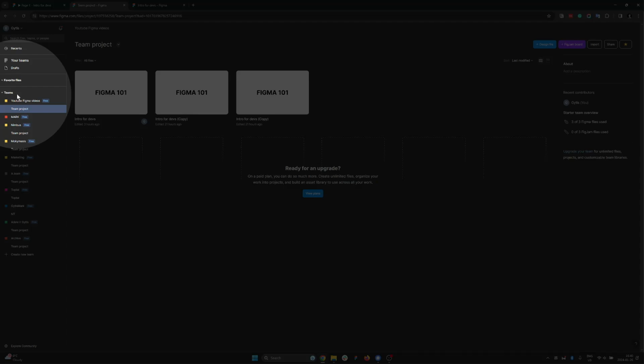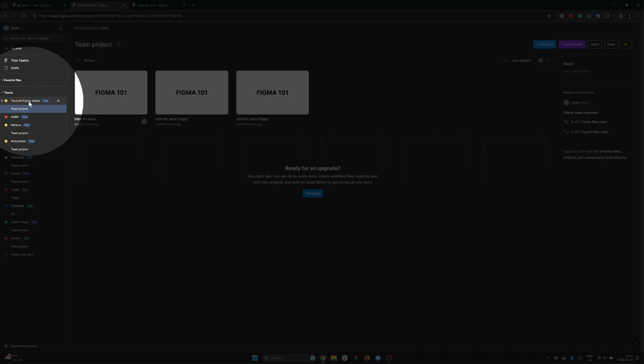If you have like multiple projects and just like a big organization, then you most likely will have more of these. And this is just like my personal workspace with like all the different things that I'm doing in Figma. But we're looking at the very first line here. So things with the colorful squares represent the team names. And for this case, it's called YouTube Figma videos, but it would have a more meaningful name here representing the